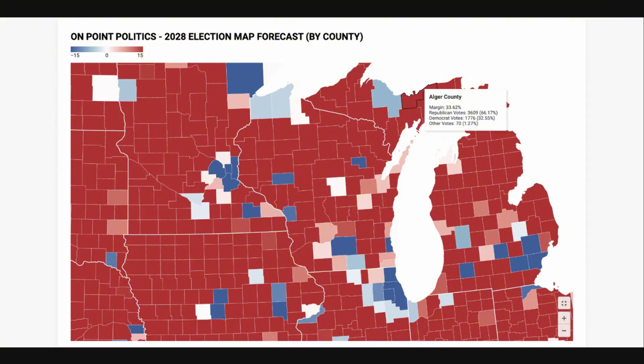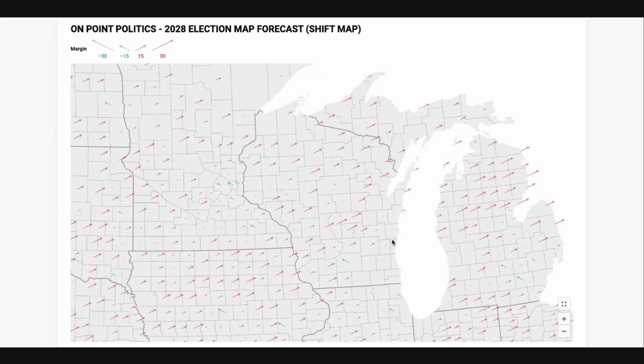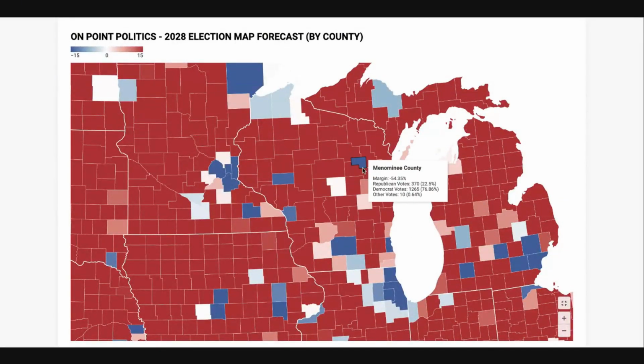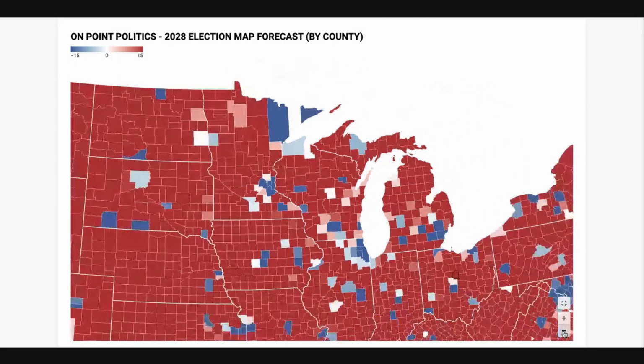So really, it's another urban-rural divide. You see here Ozaukee shifts left. In Milwaukee, it's a little bit of a shift left. Waukesha shifts left. In Racine and Kenosha, there's barely any shift. Dane County shifts 10 points to the left, but all these rural shifts are just outmatching the Republicans there. It's really a disaster for the Democrats in the rural areas of the state, and that's why Vance is able to hold on to Wisconsin.